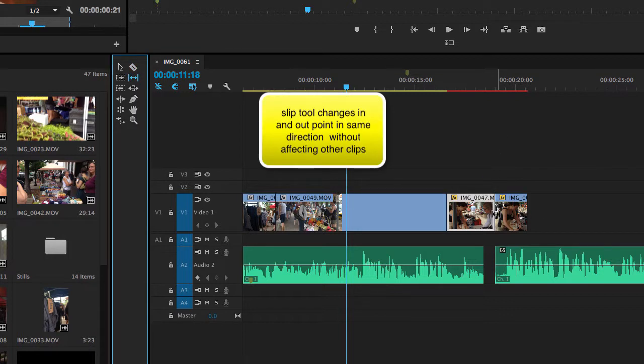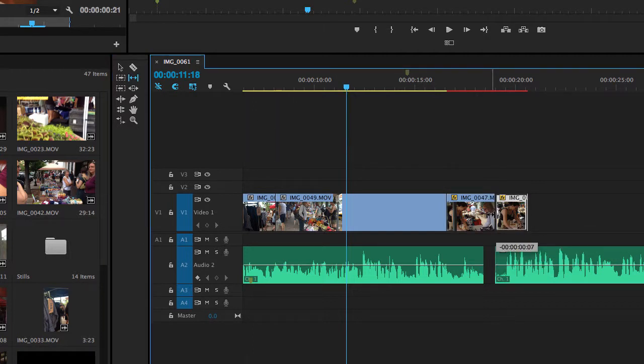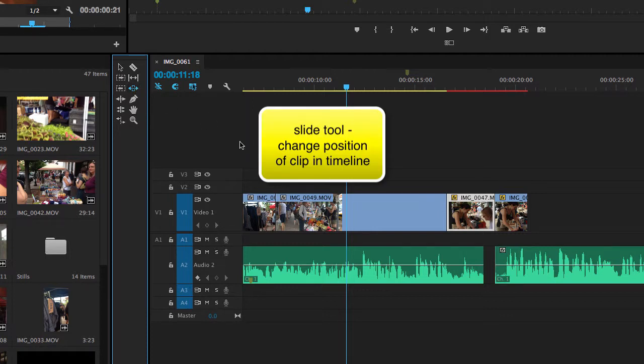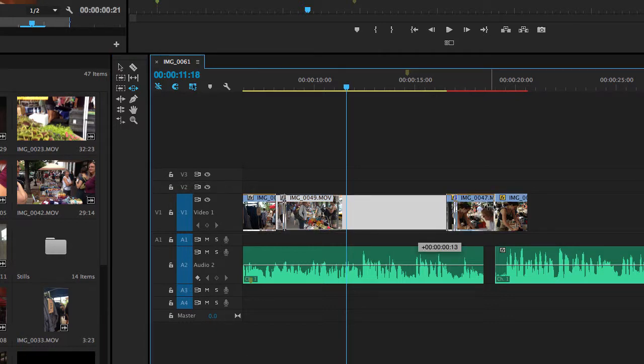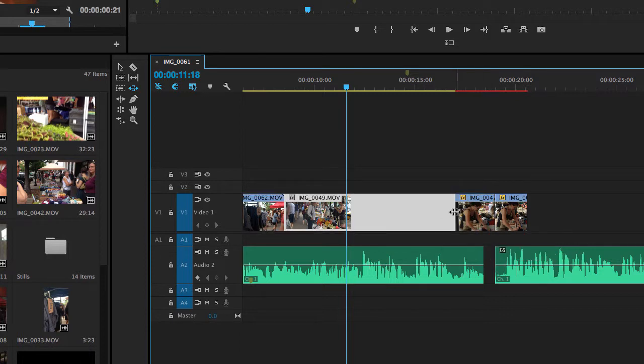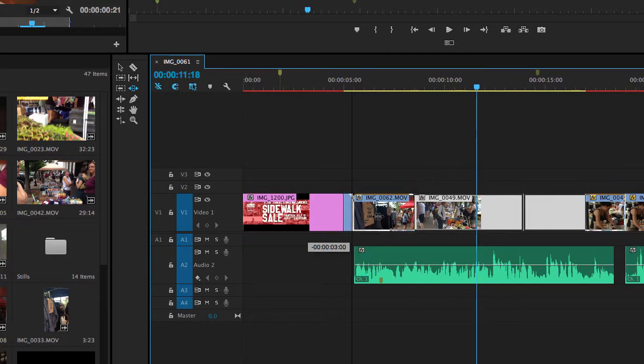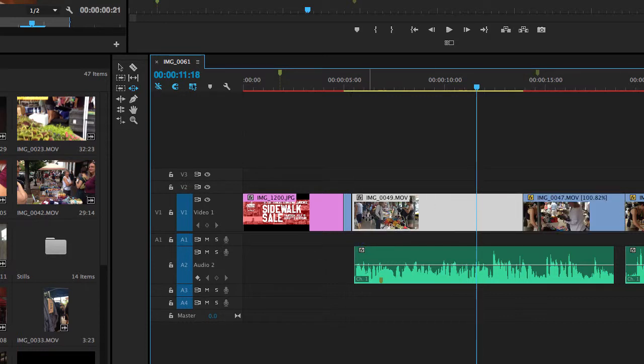The slip tool changes your in and your out point in the same direction and the same degree. And you can use this when you want to change the portion of a clip, but you don't want to affect other clips. The slide tool will change the position of a clip in the timeline without affecting the length of the clip. See, I'm just sliding this right there. But basically, I just slid it over to this position. So you would use this when you want to change when a clip starts and you don't mind adjusting its